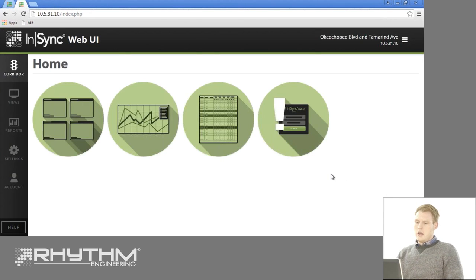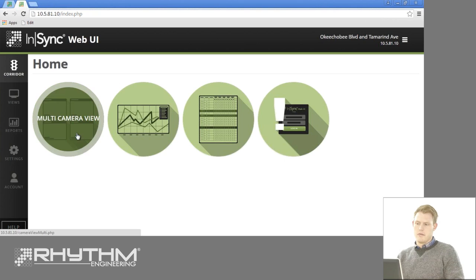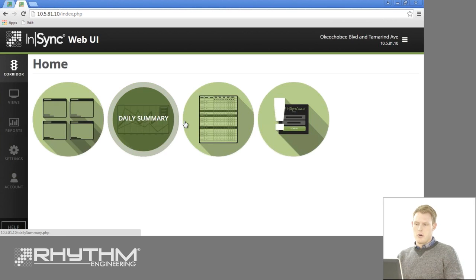Once you log in, you'll see a home screen with a few different buttons, and the buttons are for some commonly used components of the InSync Web UI. The first one is the multi-camera view, and that's where you watch the processed camera views of InSync with the operational data processed on the screen. To the right of that, there's a daily summary button. In the daily summary button, it allows you to view the traffic count, the total traffic counts for a day, as well as the pedestrian